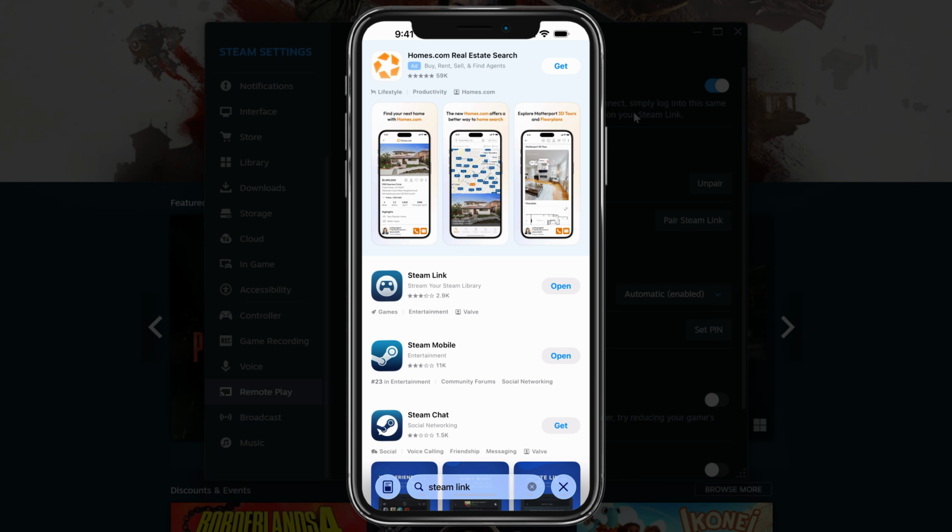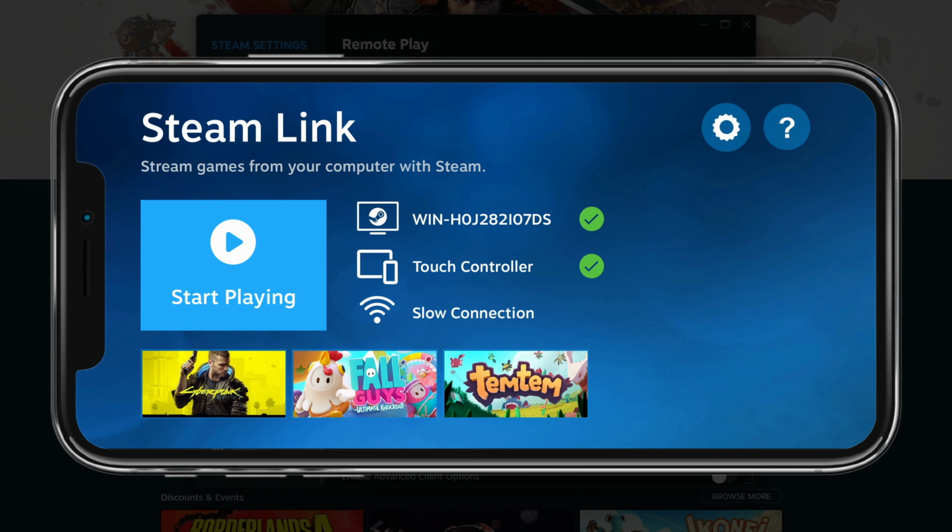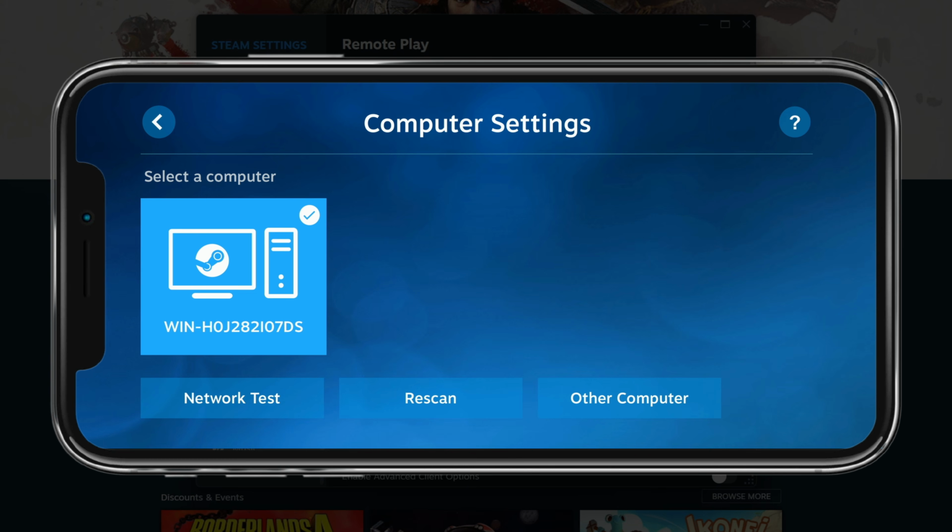And open up the App Store and search for an app called Steam Link. As you can see, this is what it's called right here, and go ahead and open that app. Once you open that app, it'll ask you to rotate your phone into landscape mode. Once you've rotated your device, you'll see an option that says computer, and it'll then ask you to scan for